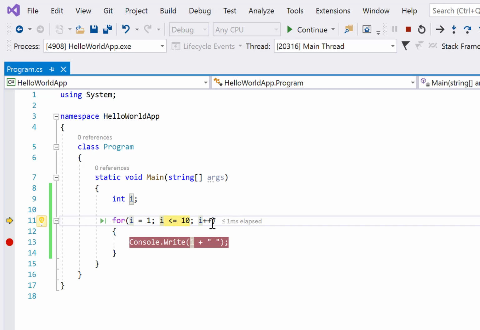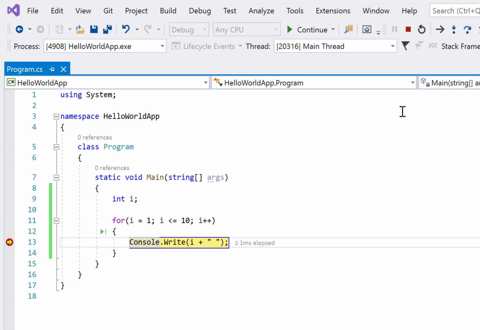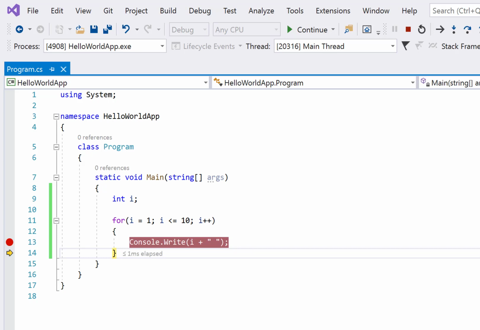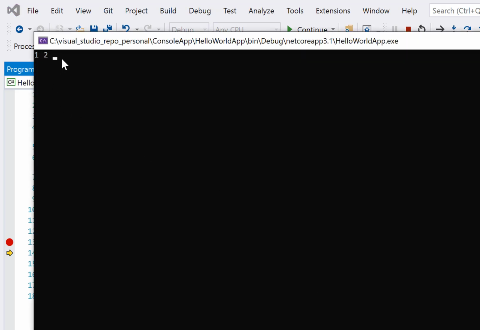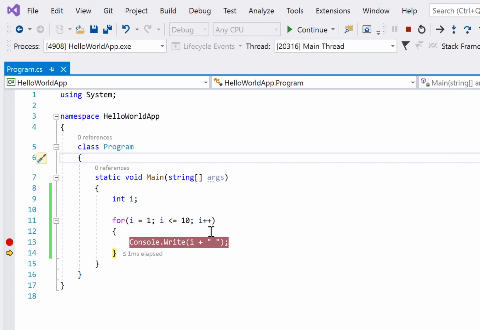You see that first it went here, then it is coming here, and then it is checking whether the condition is matching. So it says overall the condition is matching, right? So in this case we have to go again, and then inside it will go here and print the value. Now you can see that it is printing 2, right? And then again it will go to this step, because after that it goes into this step, I plus plus.